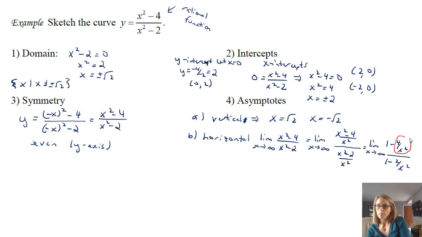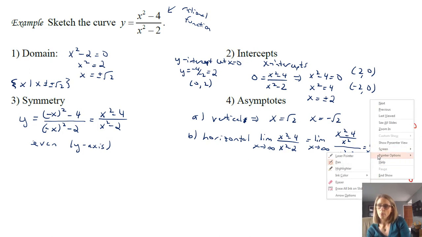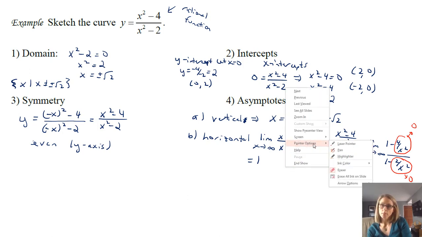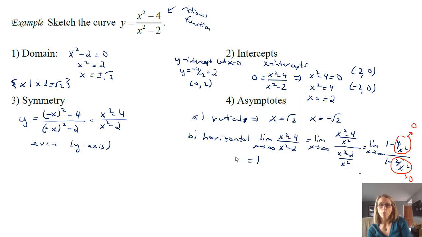And by doing this and saying, okay, as x goes to infinity, this goes to 0. As x goes to infinity, here this goes to 0. We can see that we get 1. And really what that tells us from that section on limits is that now we have a horizontal asymptote at